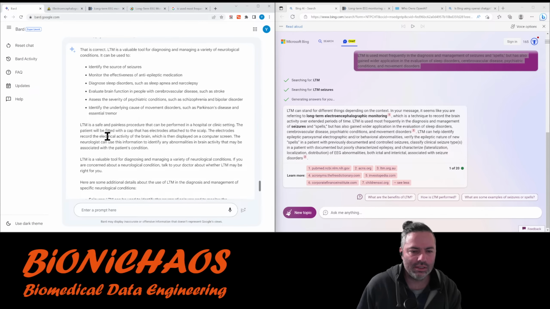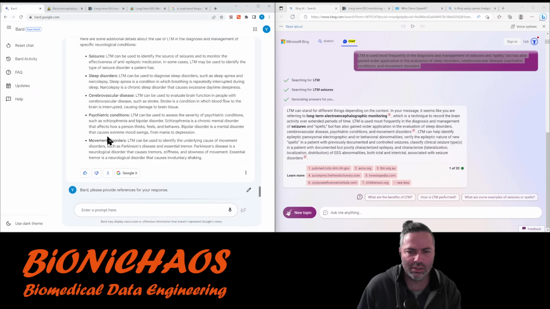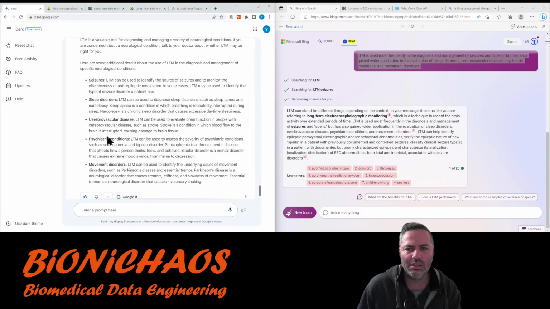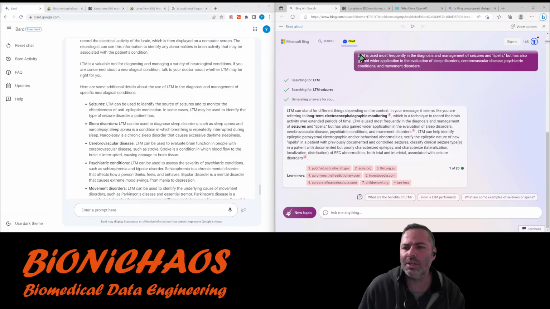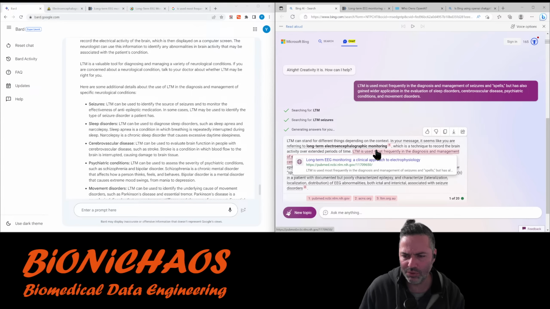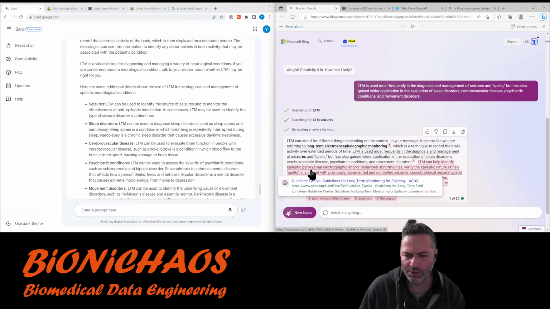I was just Googling LTM just to see what I would get. And I had to go down to like the fourth one to get EEG monitoring. No, it's because I put the whole sentence in, I thought it would just start paraphrasing it for me, which it kind of did, but then it came up with all these other references that I'm not sure